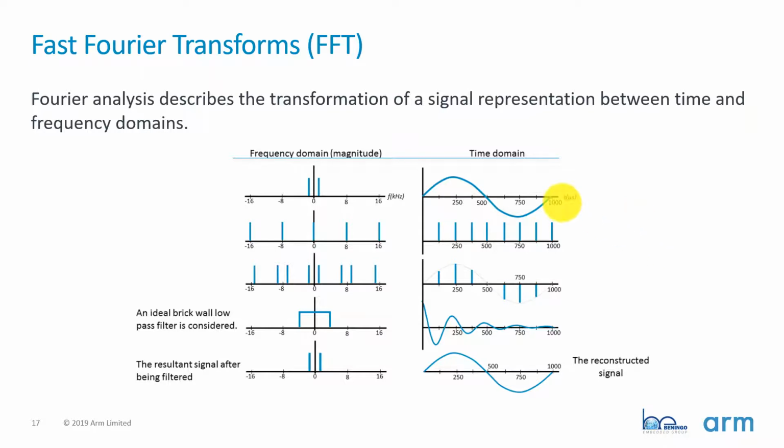So let's say I have a time domain sine wave that looks like this. Now, if I were to do an FFT transform, then what I would actually find is that maybe in the frequency domain, this is the representative frequency for my sine wave. Now, if I take my analog to digital converter and start sampling this signal at some rate, what I might find is that when I do a transform on it,